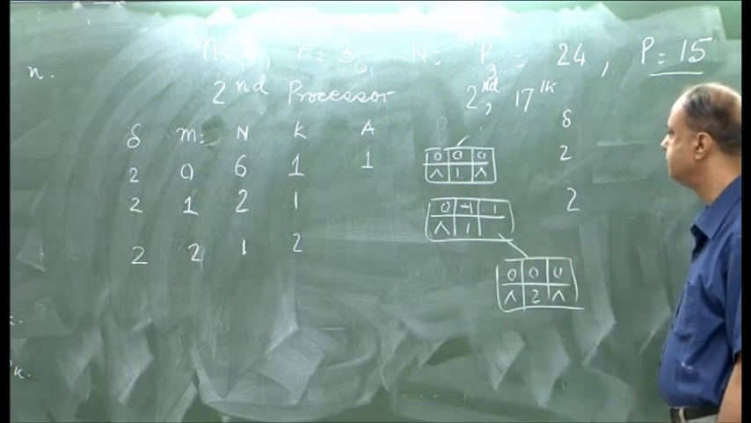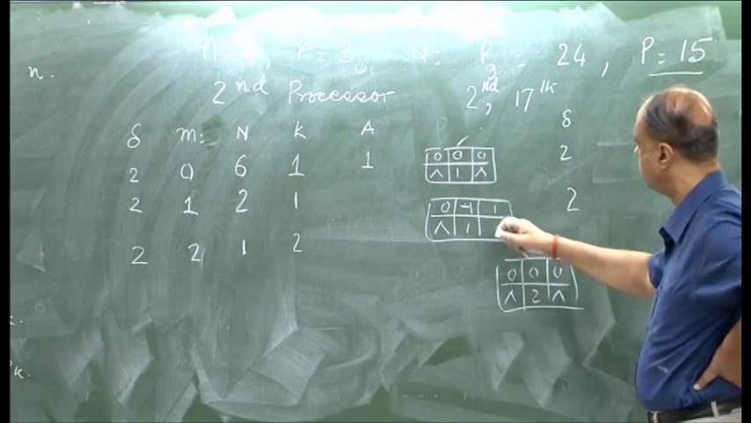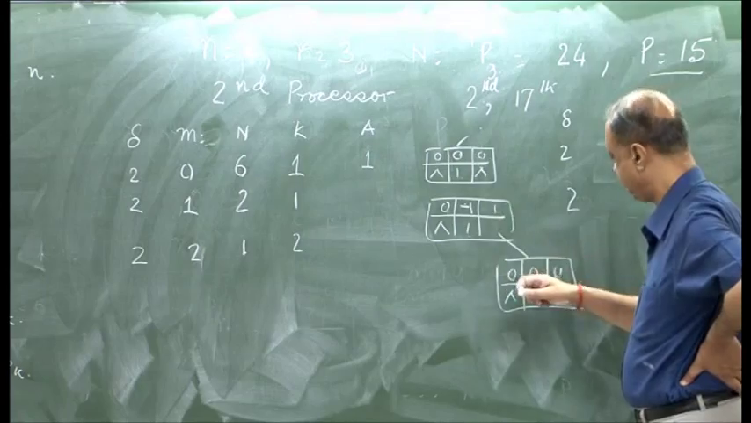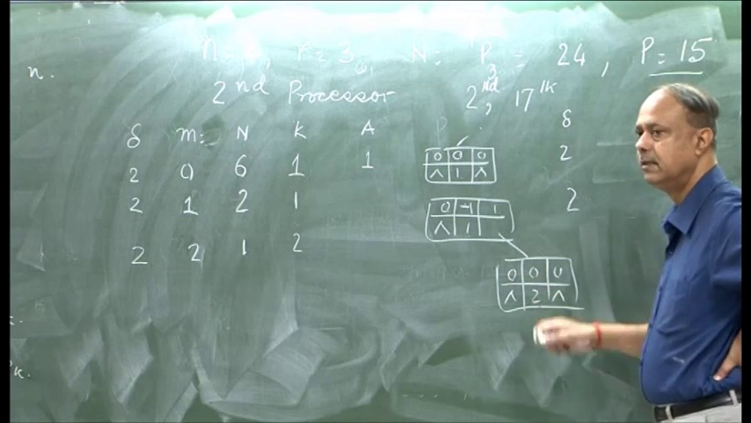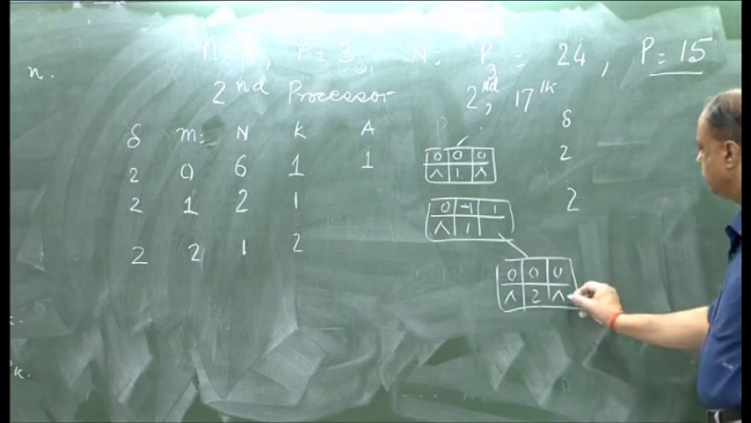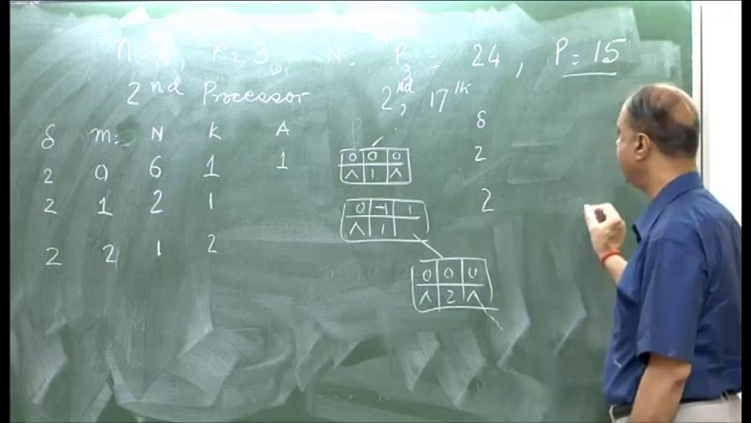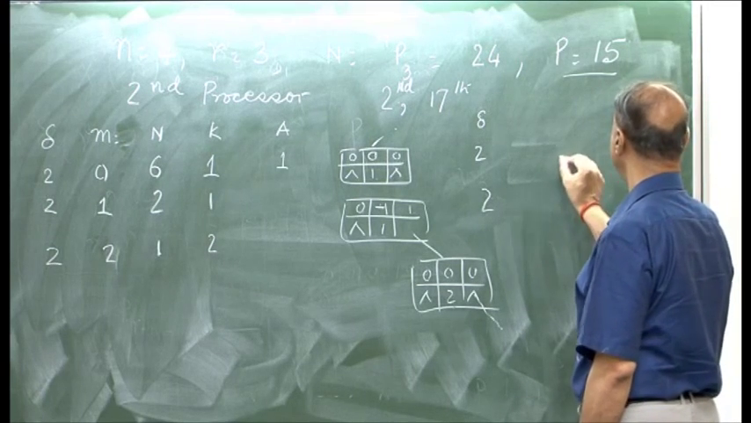So 2 plus 1 is 3, and 3 is greater than 2, so it will be inserted here. So you will be inserting here, but by doing that, it will lose the property of balance, so it will become now